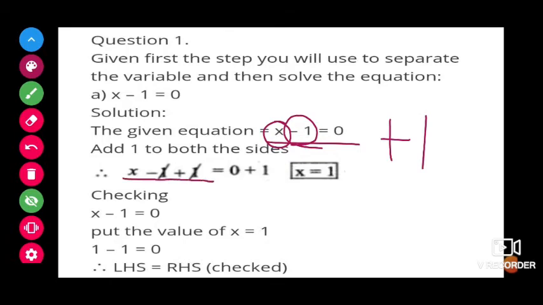So, both the sides plus 1. This side 0, it is there, 0 plus 1. So, if I will cancel here, I will get only 1x. Here 0 plus 1, 1. So, what is the answer? X value 1. Whether we got the same correct answer or not, children, this checking it is there in each and